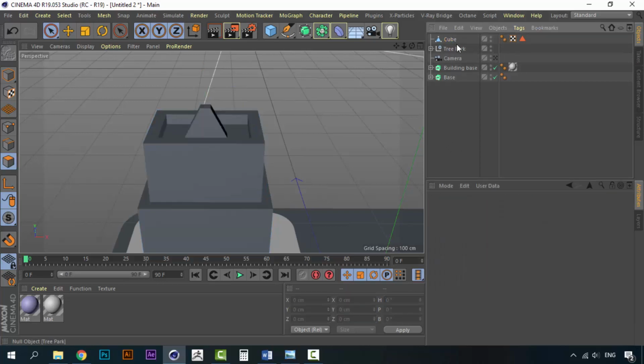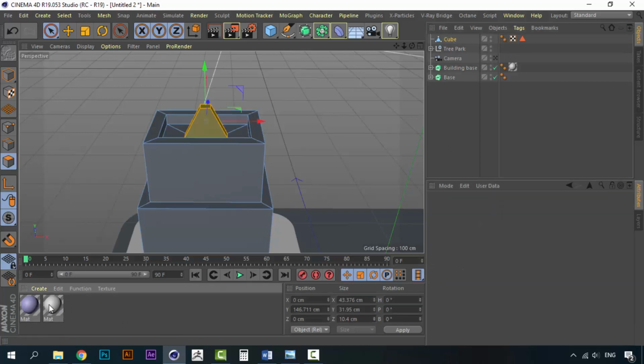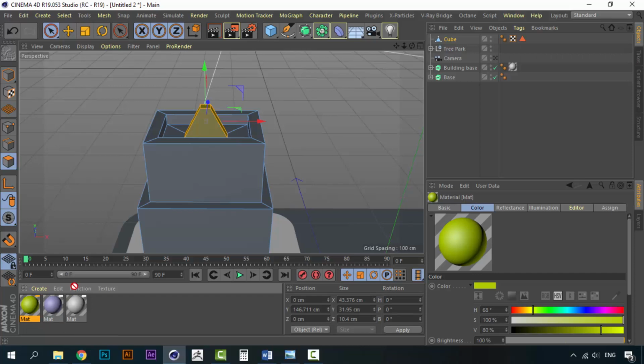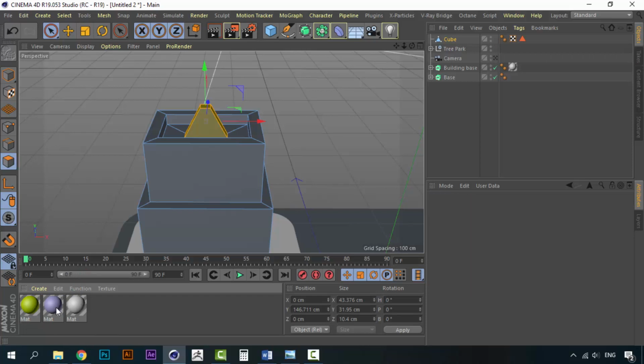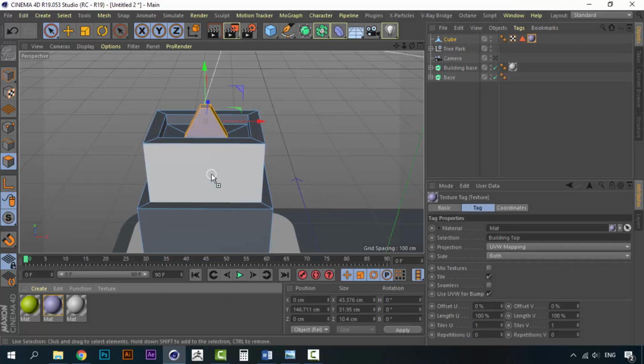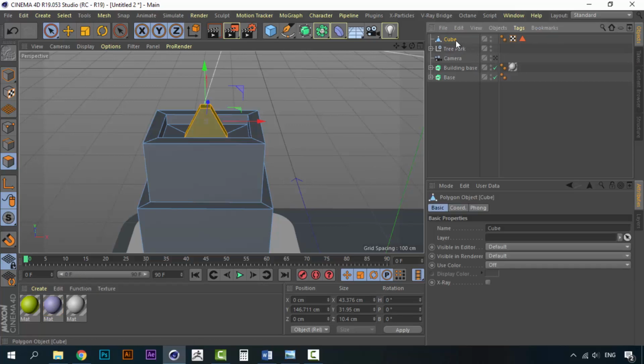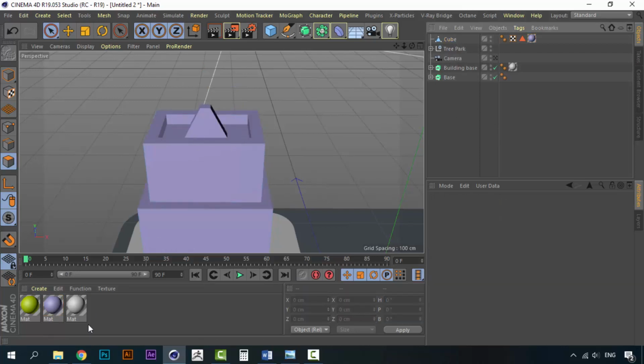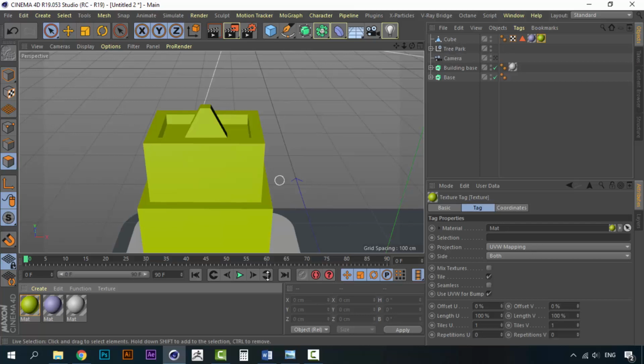And here's what this does. If I have, let's create a different material which can be like this color. If I move this purple material to the building, everything will be this color. Now I want this peak to be green, so I will take this cube, this material, and drop it here. But you can see that everything goes in the same material. So if I want to make only this peak